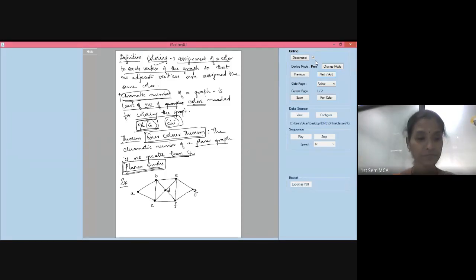Okay, this is my graph. Now, I have to find the chromatic number of this graph. Questions can be like this: determine the chromatic number of the graph. That's all, a simple question. What do we understand by chromatic number? Chromatic number means the least number of colors that are required to color a graph. You should color it in such a way that no two adjacent vertices will have the same color.